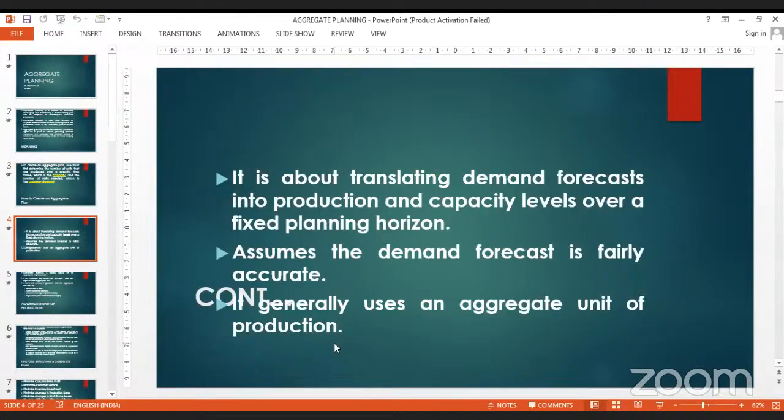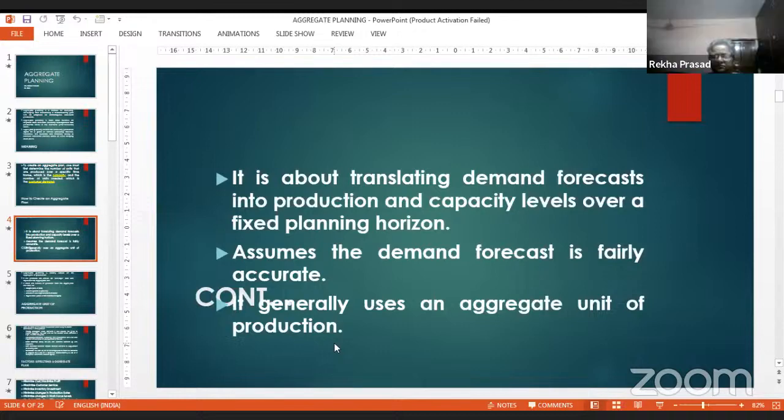It is about translating demand forecast into production and capacity level over a fixed planning horizon. It assumes the demand forecast is fairly accurate. It generally uses an aggregate unit of production. So here you are matching your demand and supply. Naturally, you have to be very careful when you are analyzing the demand forecast. The method you use for the demand forecast should, as far as possible, be realistic. It should always forecast a value very near to the actual demand. Maybe in future there will be some deviation because it is a forecast. It is not the actual thing happening. You are foreseeing that this will be the demand. And for this